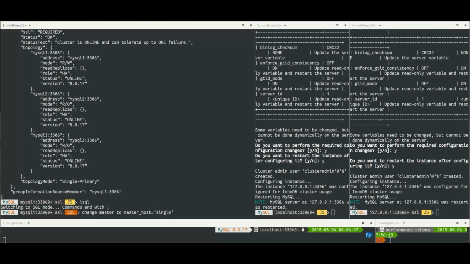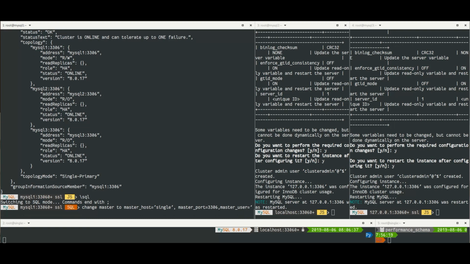So to do that, I will just set up asynchronous replication, do change master to. As we remember, we enabled GTID, so it's very easy. We don't need to find any position, a binary log file and stuff. And we need to use master port 3306, and we give the credentials we created using the REPL user, the password,